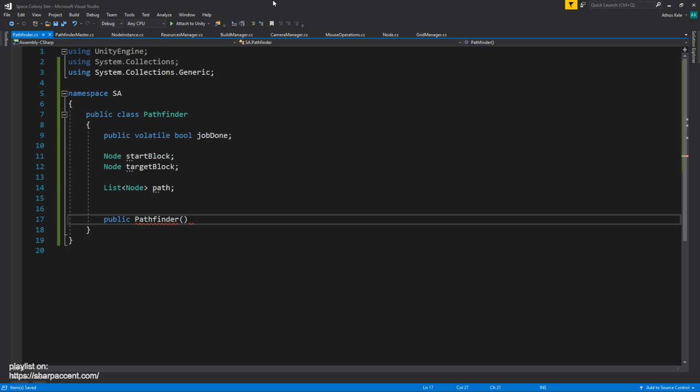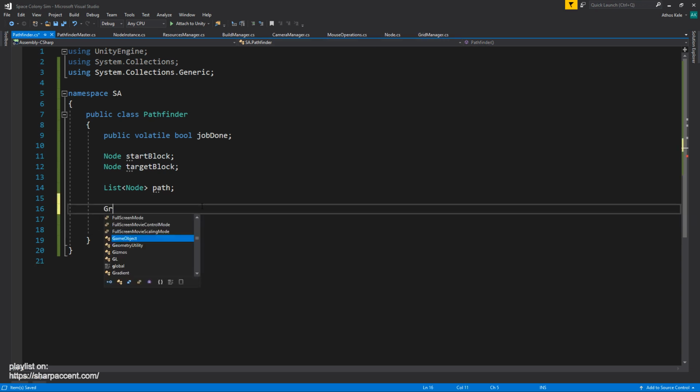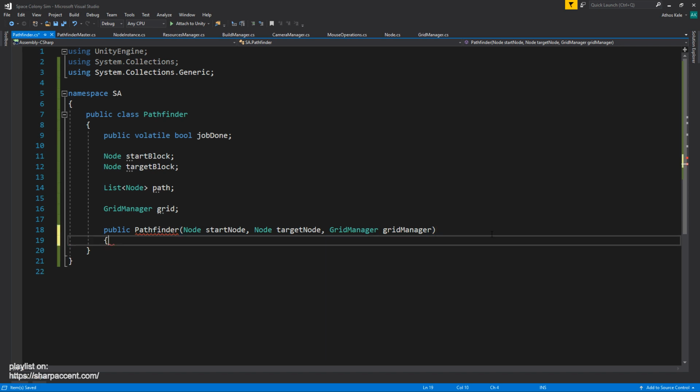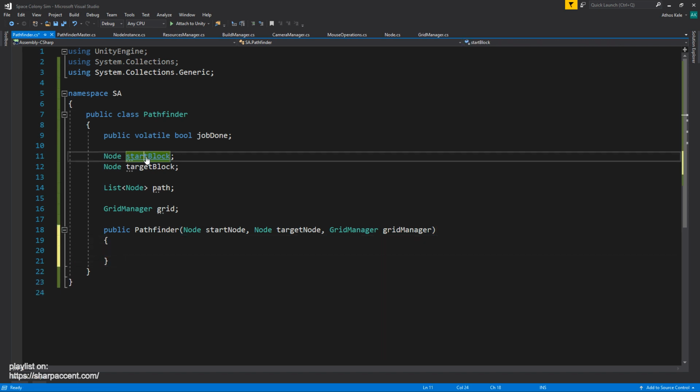And you know what? Let's also pass the grid manager to this, just so that we can reuse it for different things. So grid manager, node. Okay, let's use the start node, target node, grid manager,